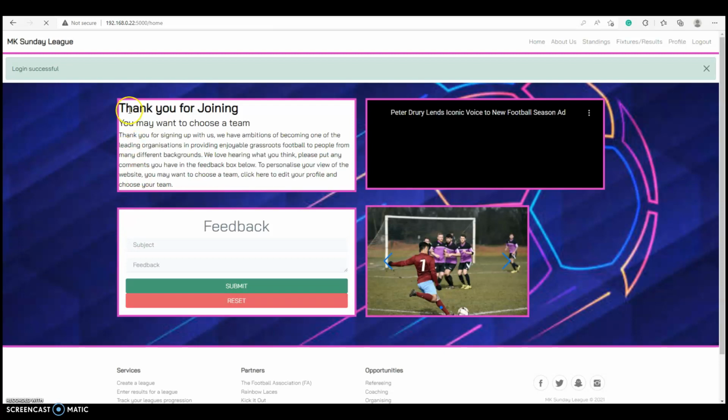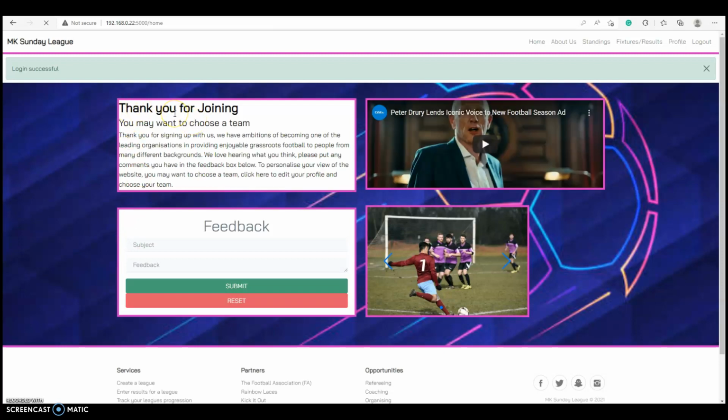Yeah, okay, that's the right bit of content. That might in fact be the same as the player. I thought they were different text, but I think that is actually correct, having them as you may want to choose a team, because then likewise with the